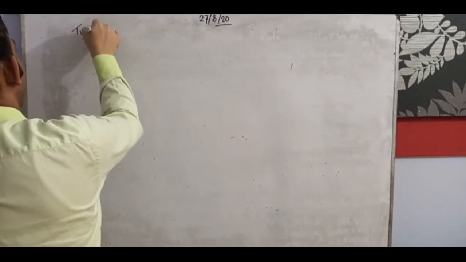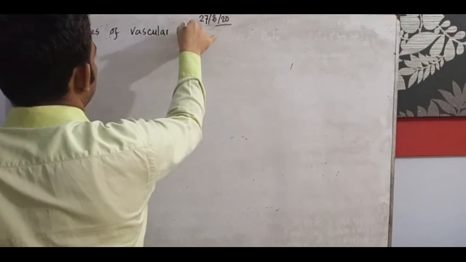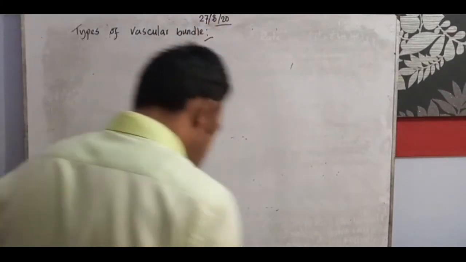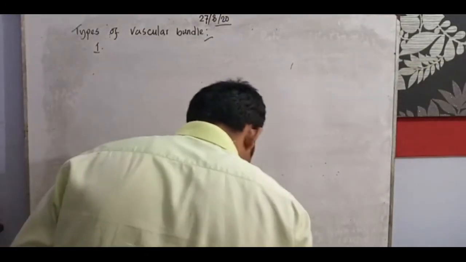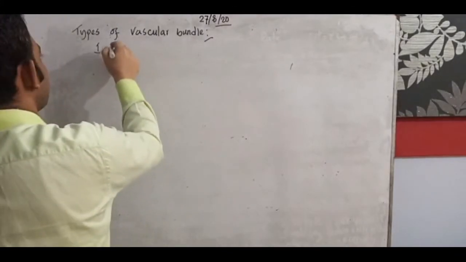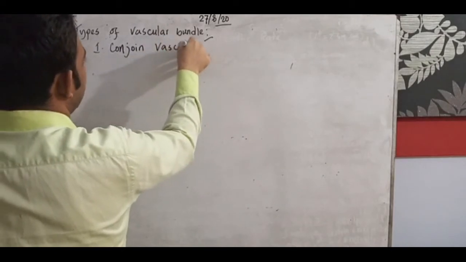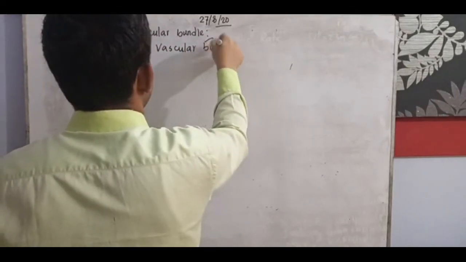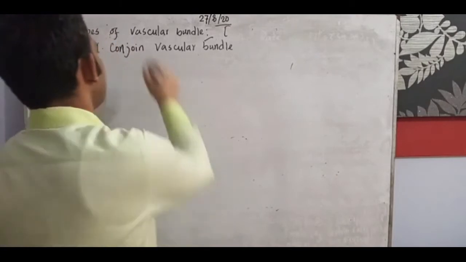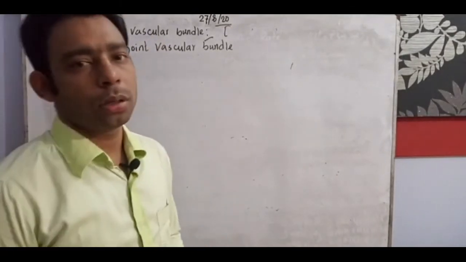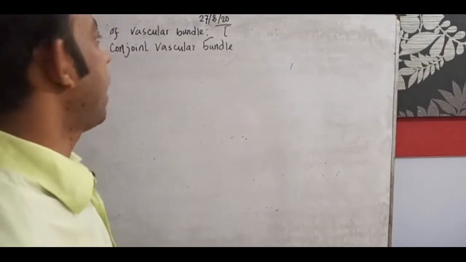Today we will discuss the types of vascular bundle. First, we try to understand the conjoined vascular bundle. Another thing I want to say here: on the basis of the types of vascular bundle, the very first one I have written is the conjoined vascular bundle. If it is asked, what will happen there,